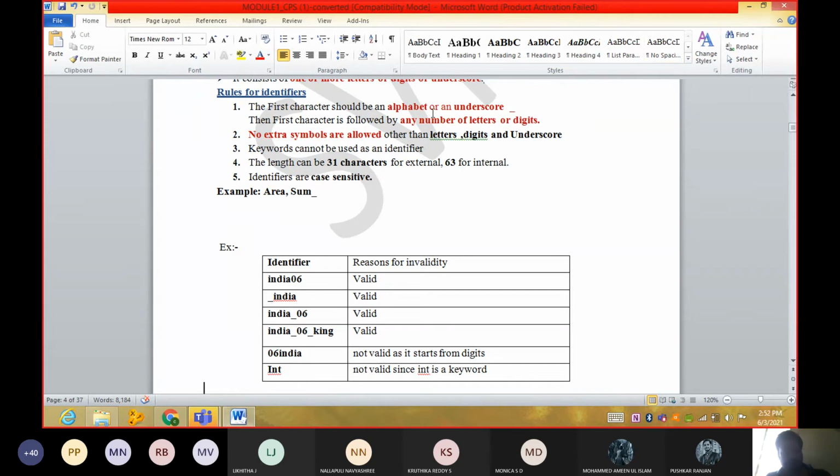So it is case sensitive, guys. See here, he has given examples of why it is valid and why it is not valid. He has given the rules and the examples. Go through this one, guys.